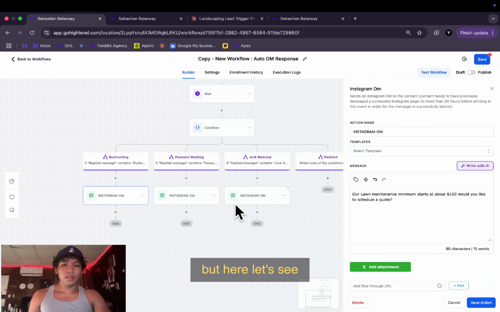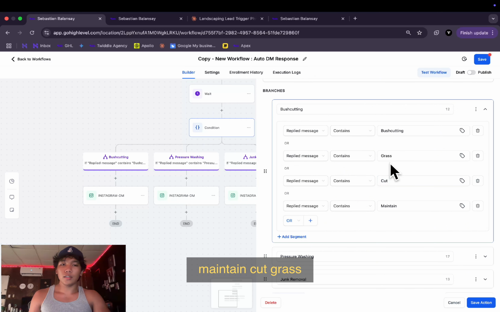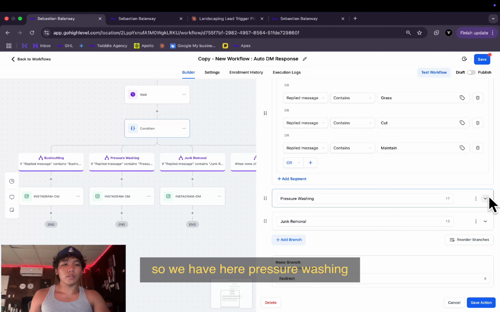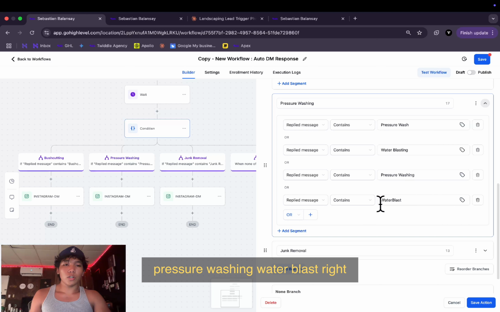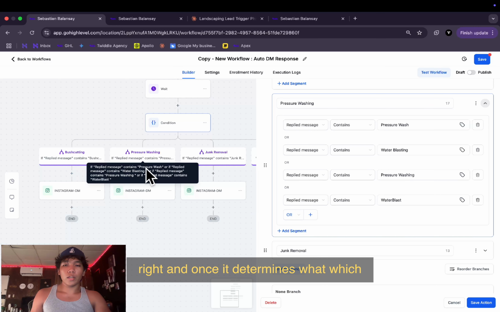But here, let's see, they ask for bush cutting or lawn maintenance, right? Maintain, cut, grass. These are usually words that are said when the client wants a certain thing. So we have here pressure washing, pressure wash, water blasting, water blast, right? And you can add even more. And once it determines which